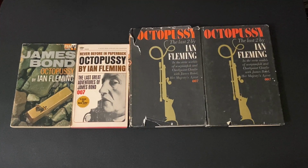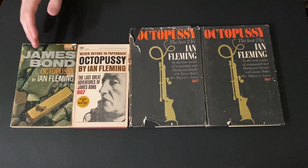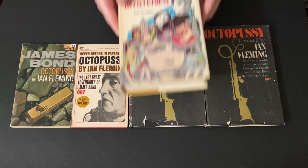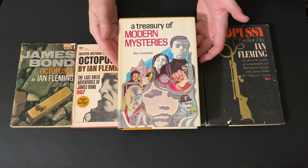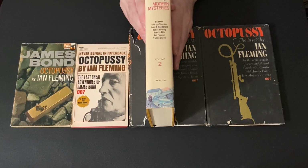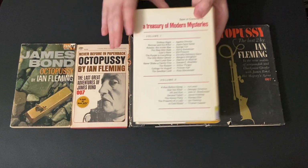Now, of course, because Property of a Lady is not included here in the original printing or the UK printing or most printings, I had to get it another way the first time. So I found this mystery compilation. This is actually a volume 2 of the Treasury of Modern Mysteries. This is short stories from various famous authors. And of course, I noticed on the spine that Fleming was included, and then I picked it up in an